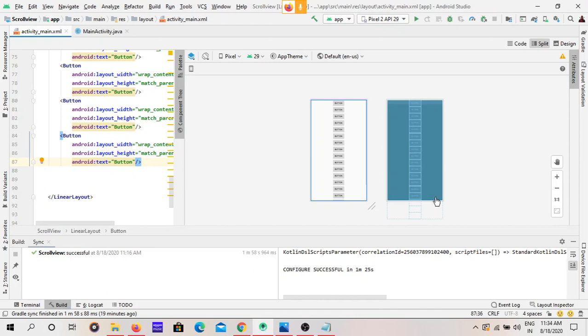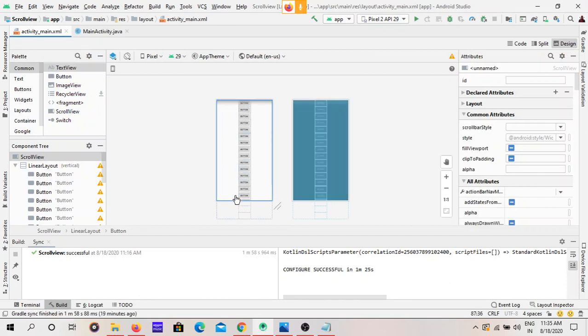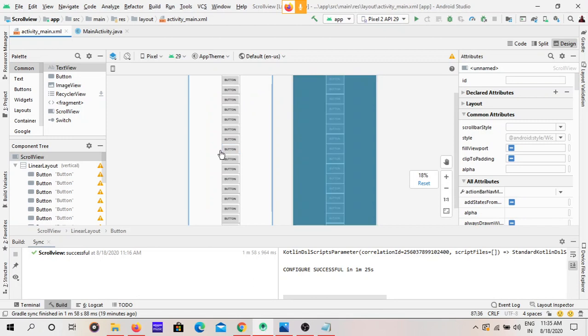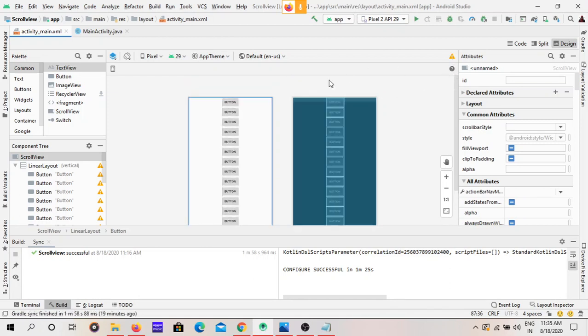In this use case, you can use scroll view to scroll this. When I go to the design, you can experience the scroll. See, this is the last button that is in the layout, and the other buttons are outside the layout. When I scroll, it will scroll the buttons. See, it is scrolling. Okay, let me deploy this on my mobile phone. It is much nicer in mobile view than this design view.